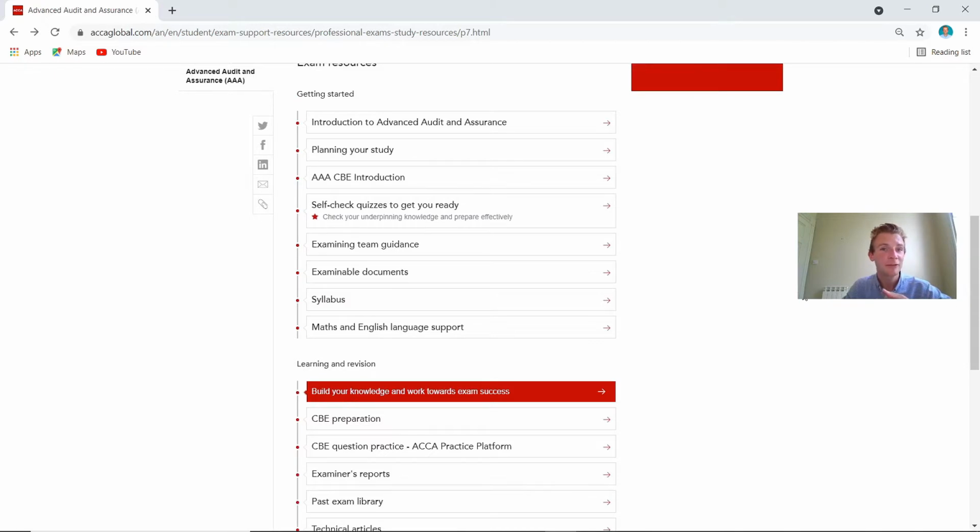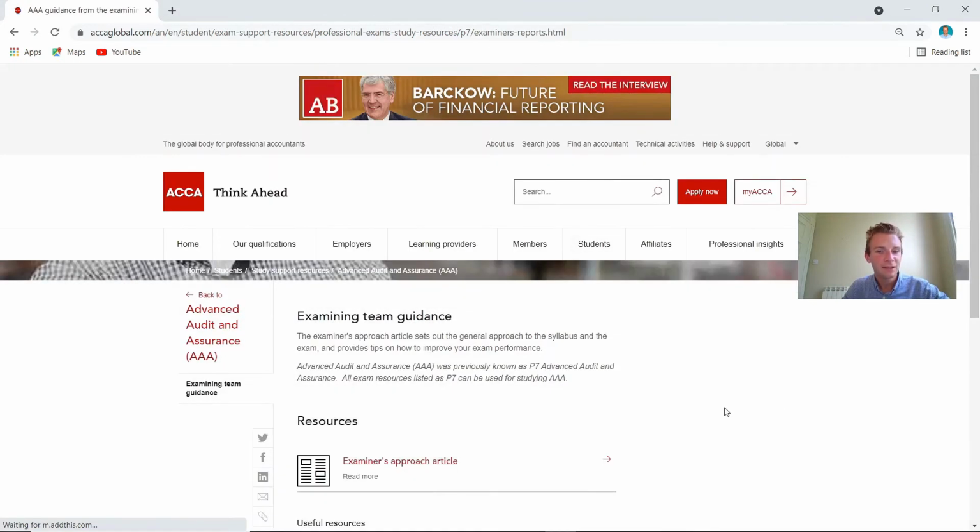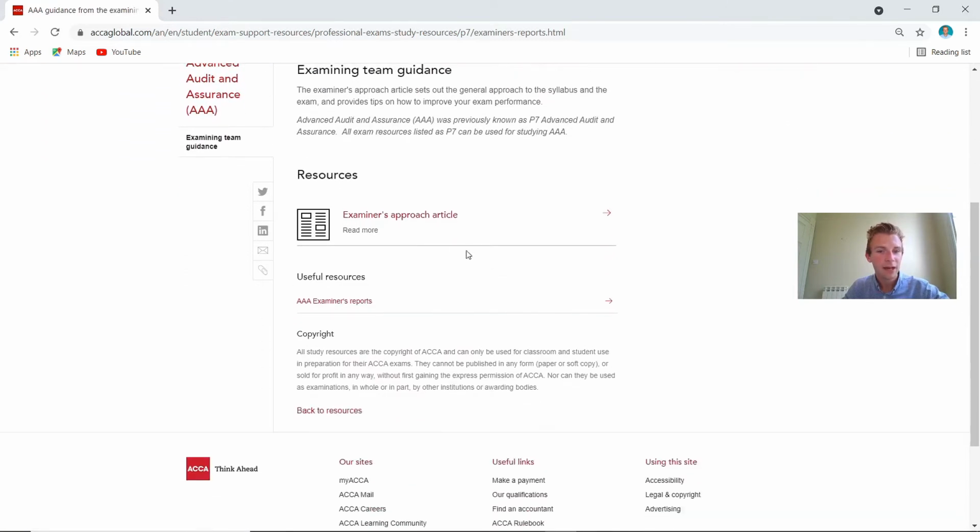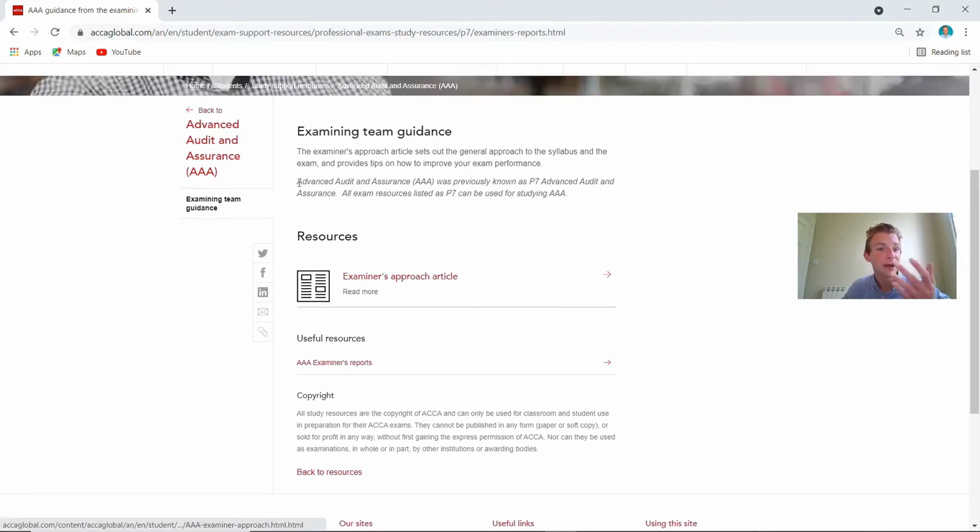And there was maths on there as well, but you should have already developed and honed those skills from the substantive procedures, the ratios, and the materiality from already doing Audit and Assurance, the F8 paper. It's more the depth of knowledge and how to write concisely that is going to help you out. We've then got the examining team guidance, and this is a really helpful, nice article on there that you can go into to read a bit more. Again, really helpful if you've not looked at Audit and Assurance, or even started your tuition for Advanced Audit and Assurance. That'd be a very good article, and we'll see it again later.